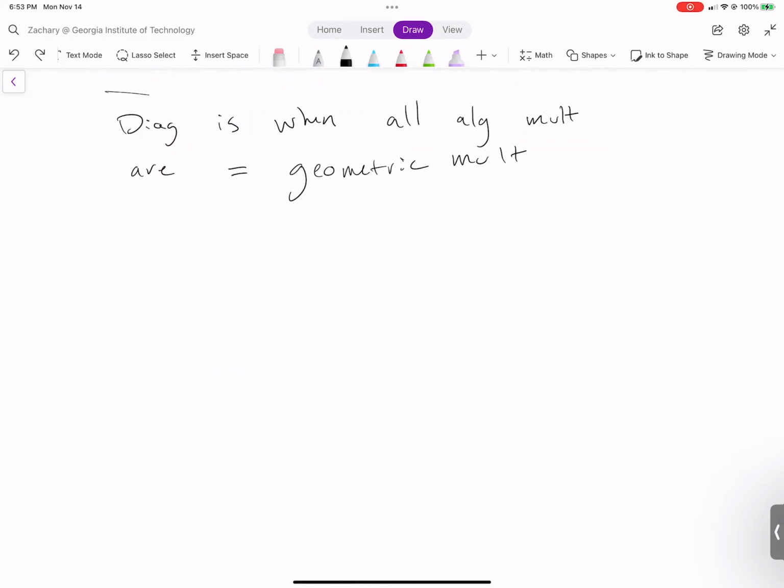So, algebraic multiplicity, right? Going back to the determinant of A minus lambda I. Okay, this is going to be a polynomial that looks like negative lambda raised to the n plus a bunch of garbage minus the trace times lambda plus determinant, not the trace of lambda, the trace of A times lambda.